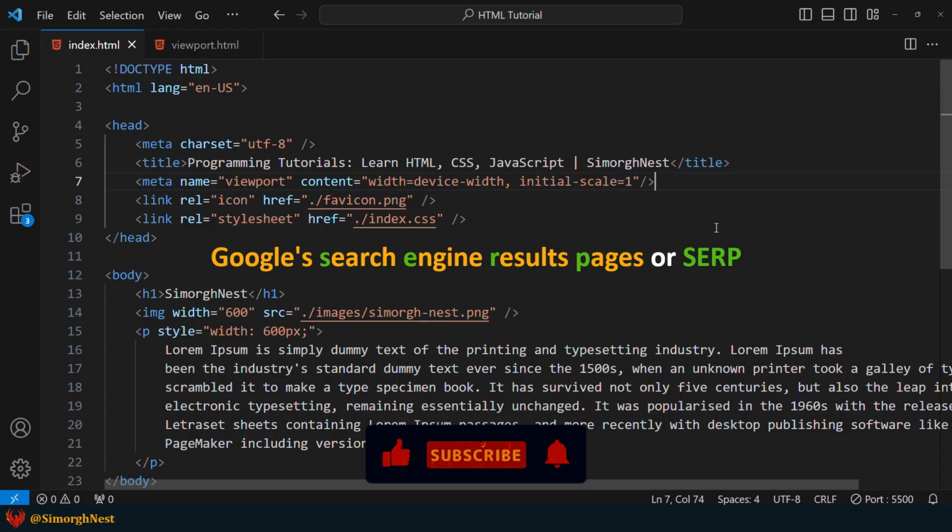This means that Google considers the mobile version of our website when determining its ranking in the SERP. By having a proper viewport meta tag, we ensure that our content is mobile-friendly. This means users won't have to zoom or scroll to read our content, which increases our chances of ranking higher.